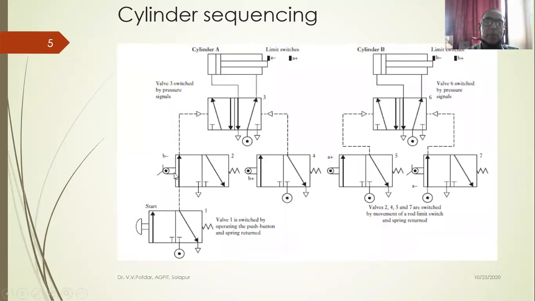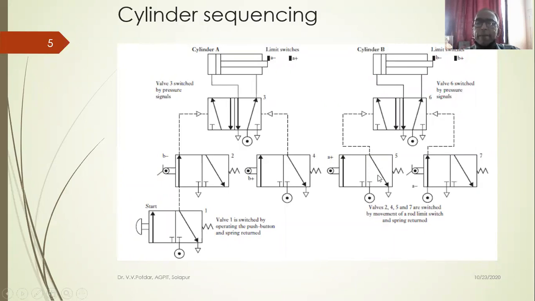And then I have a roller operated valve, which is 3 port and 2 position. 1, 2, 3, 3 port and 2 positions, right? Spring retraction type, and this is roller operated. We require some external force to operate this. And then we have another roller operated directional control valve, once again a 3 by 2 valve, and then a push button directional control valve. This is also a 3 port push button valve. So we have numbered the directional control valves 1, 2, 3, and 4, and this is my cylinder A.